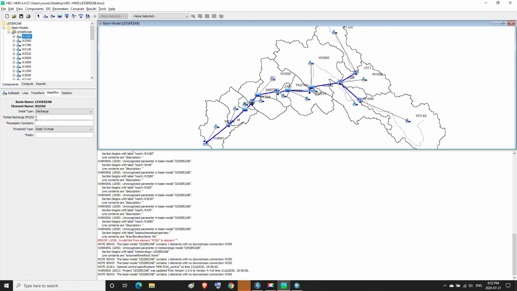In the initial discharge in meter cube per second, we type 50.